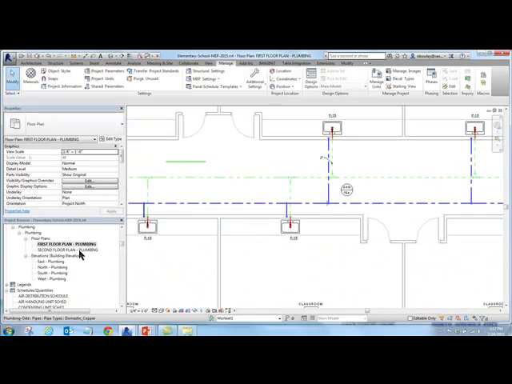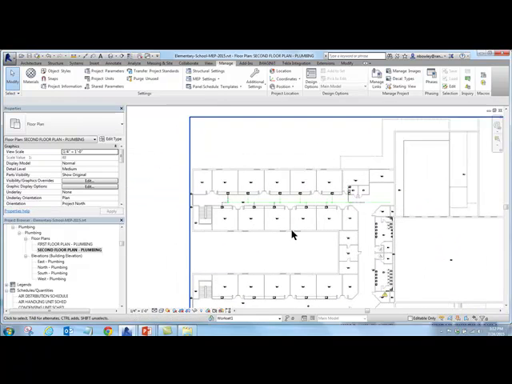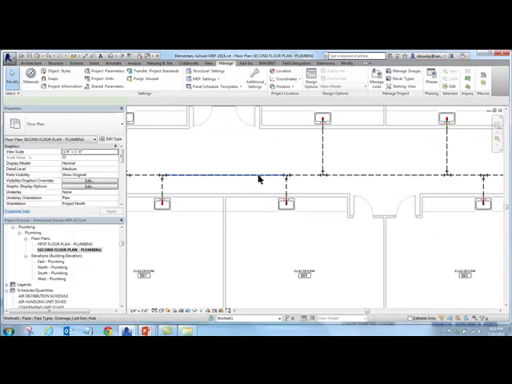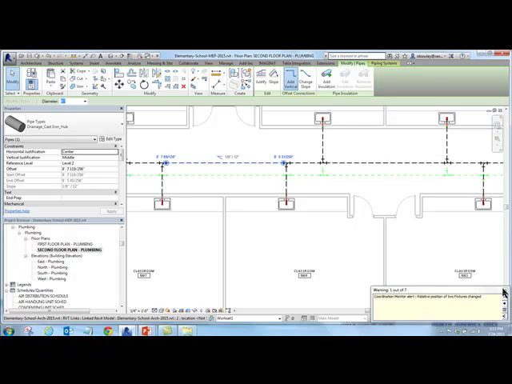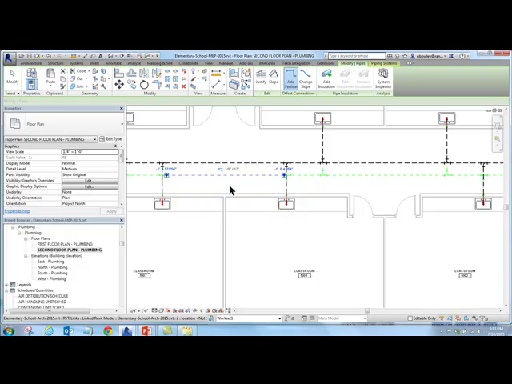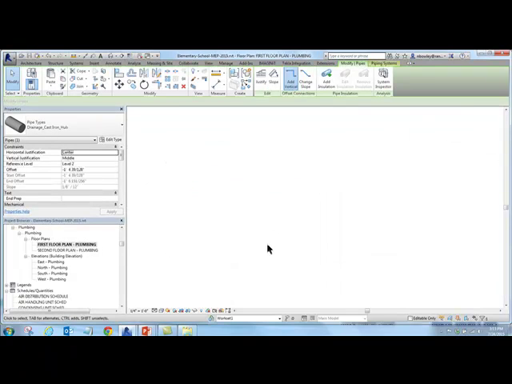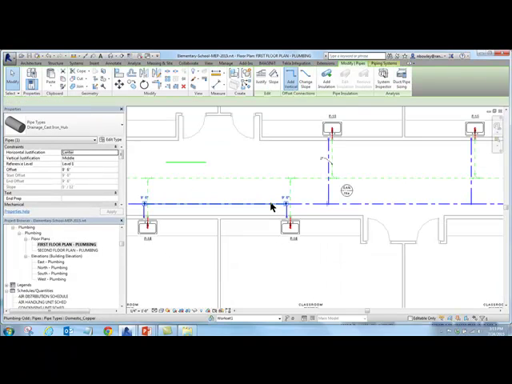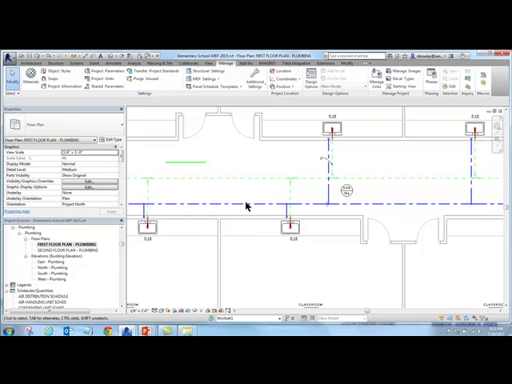So if I'm on the second floor, and do I already have this set up? No. Oh yeah, looks like I do. That's fine. All right, so I'm on the second floor, and I'm actually seeing the sanitary in the floor below, but I will not be seeing the domestic water. And the reason being is that when I draw these pipes, I am putting them on a couple different worksets. So if you're working on, say, a 10-story building, I'm trying to think how to explain this better. What you're going to want to do